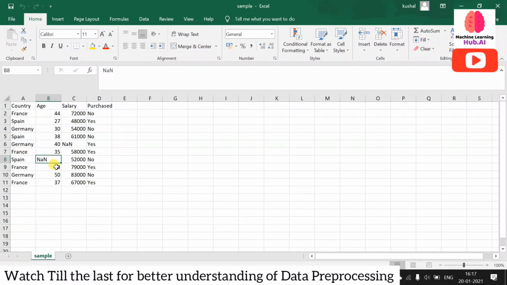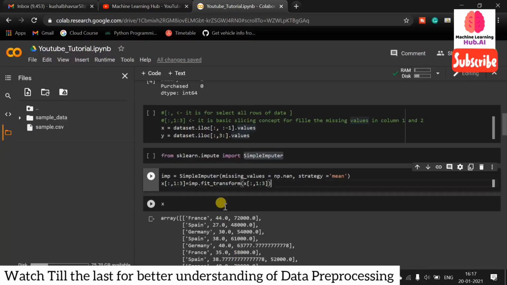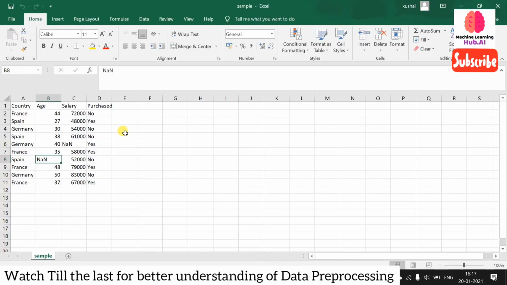So what we need to do is follow some strategies, which are called missing value filling strategies. How can we fill the missing values? The answer is very simple. Yes, we can directly put the mean, median and mode here. So the mean of this age, and we will put the same thing here. Even we can put median and mode also. So in numerical values we can put mean, median, mode.